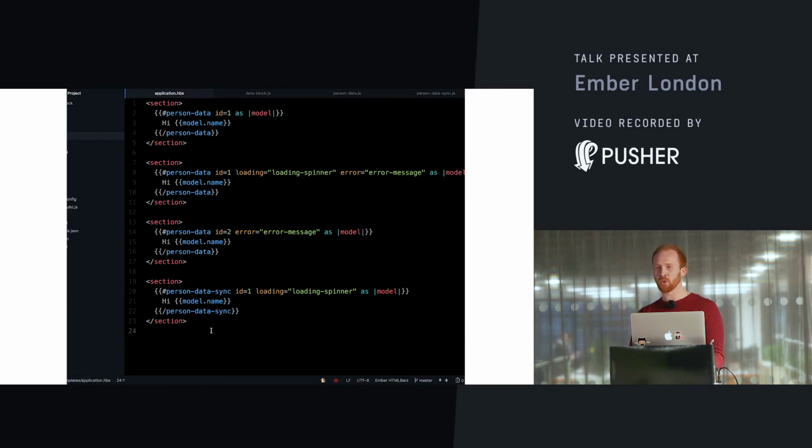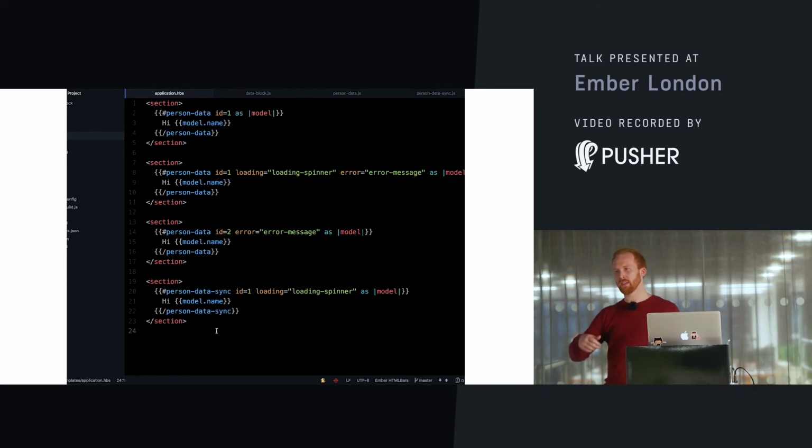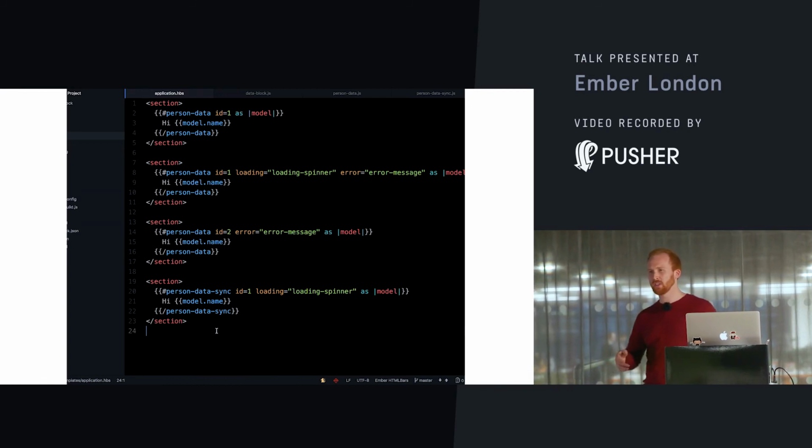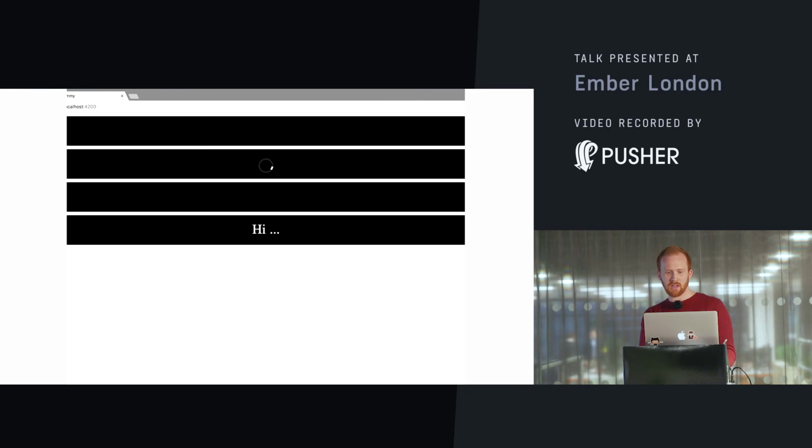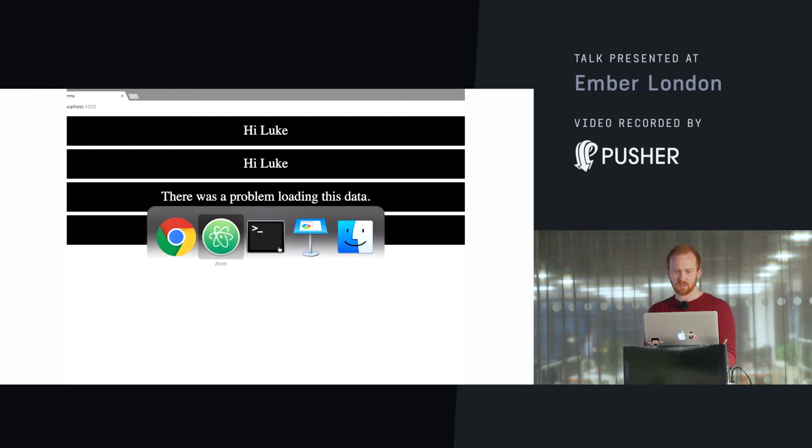OK, so there's one slightly more interesting example here. So in routes, you can do this thing where you return an object straight away. And then if that were to be like an object promise proxy, you could do something clever, kind of like Ember data, where you then fill in the values after you've given it back. What this means is that you can build that UI straight away before you've actually loaded the data. Maybe you want to show someone the form before you've got the data to support the form, and then you want to make that active when you actually get the data. So this is what this is going to do in a very simple scenario. So here, I haven't got any data at the beginning, and then when I get the data, it fills in. You could imagine that might enable the form when it gets the data from the server. So it's all quite simple stuff,